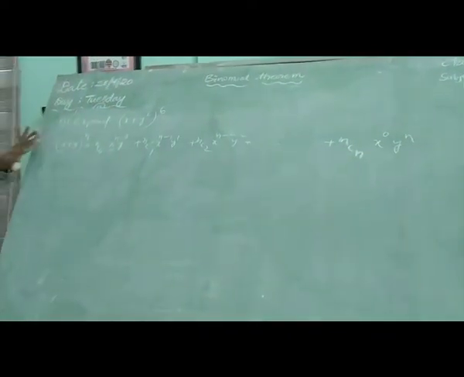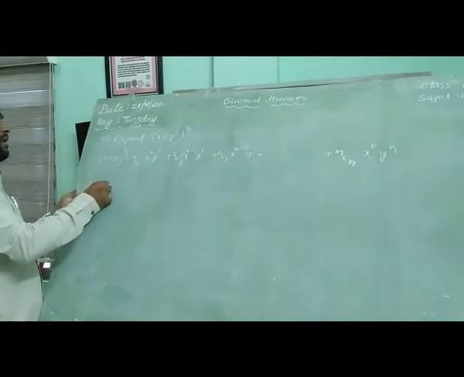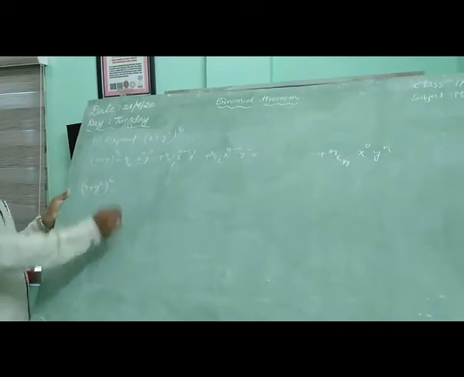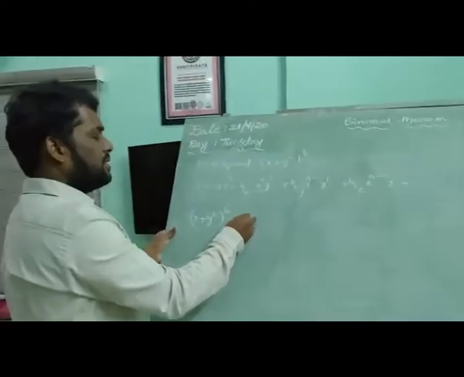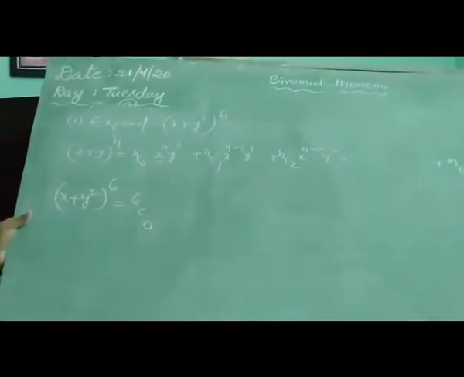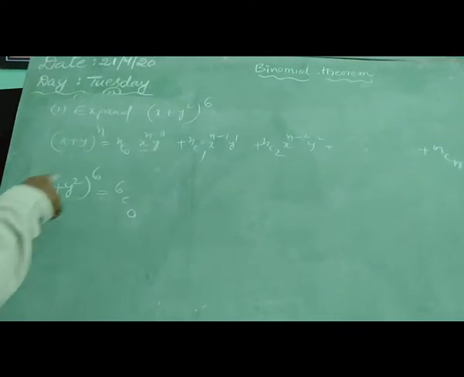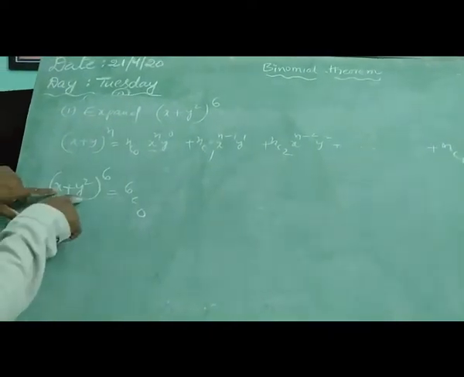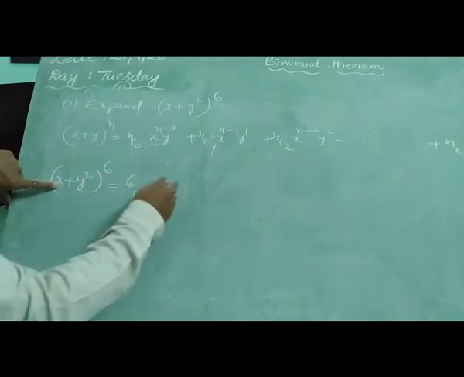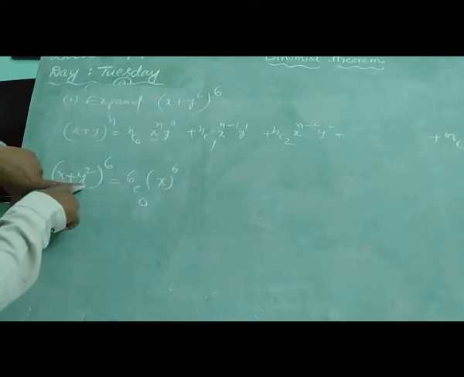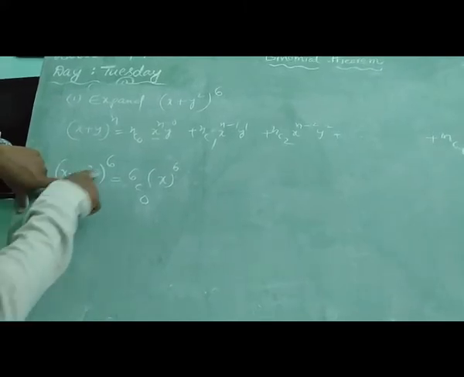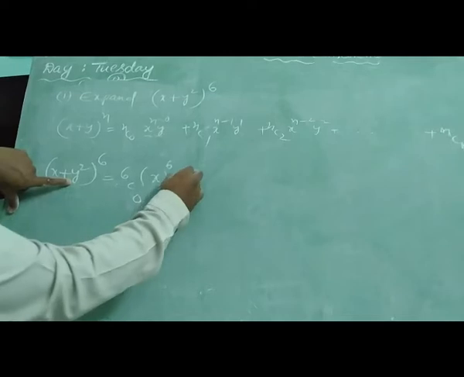Right. Now using this binomial expansion, we can expand (x + y square) to the power of 6. Here what is the n value? The n value is 6. So the first one is 6C0. What is x? x. What is y? y square. So x to the power of n means x to the power of 6. Instead of y, what is given? y is given as y square. So here y is y square, (y square) to the power of 0.